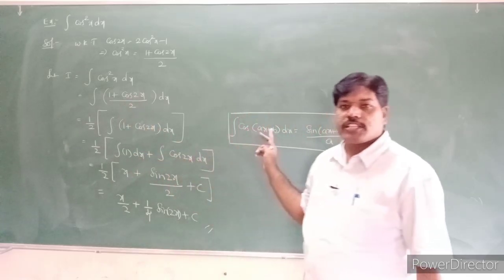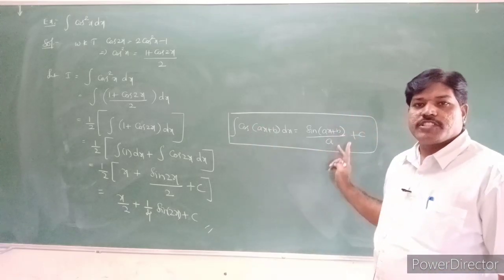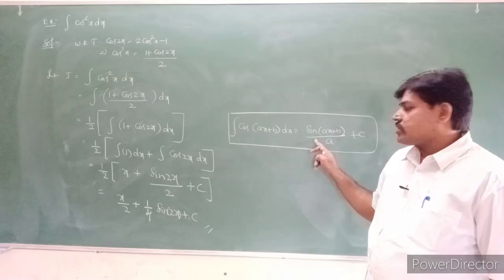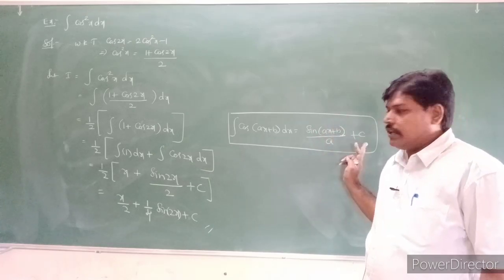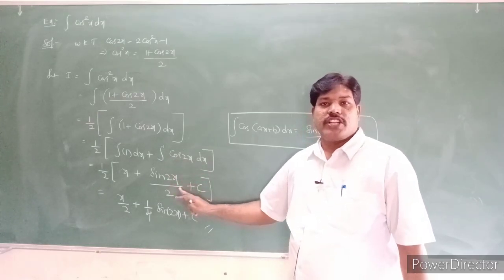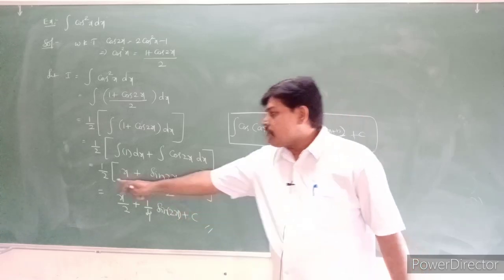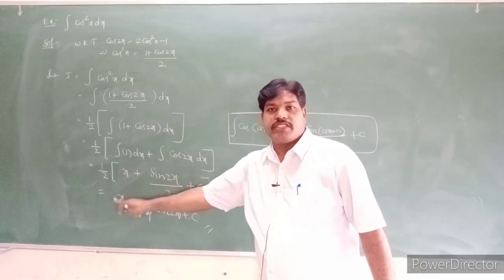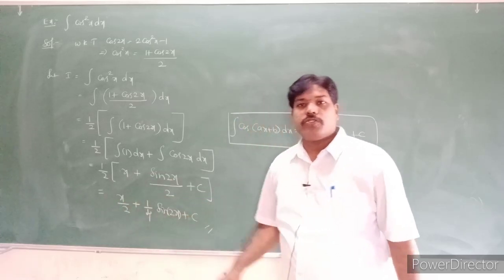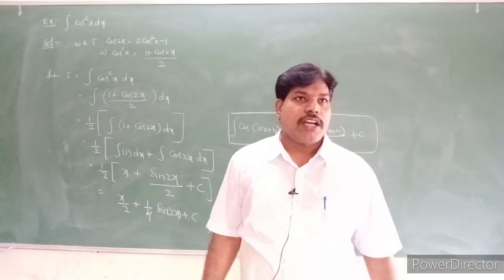The integral of cos(ax + b) formula is sin(ax + b). The derivative of ax + b is a, which you will get in the denominator. So sin(ax + b)/a + c. So the integral of cos 2x is sin 2x, and the derivative of 2x is 2, which you will get in the denominator, so sin 2x/2 + c. Now just multiply with the 1/2. 1/2 into x is x/2, plus already 1/2 is there, so you will get 1/4 sin 2x + c. Do you understand that? So see the same model question.